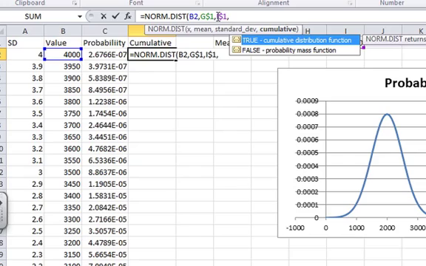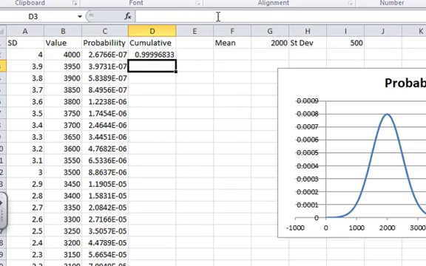And this time I'm going to say true. Okay, and when I copy this down,